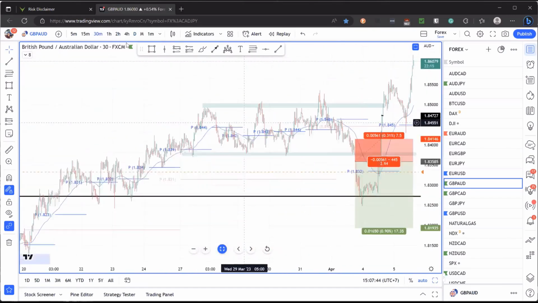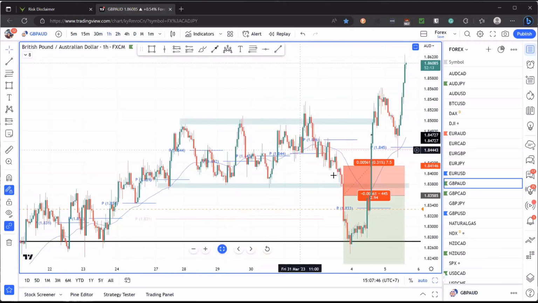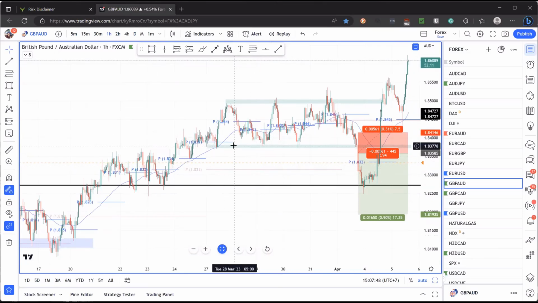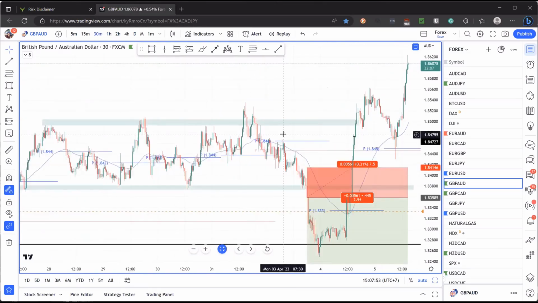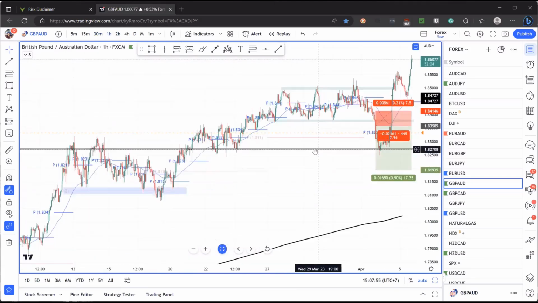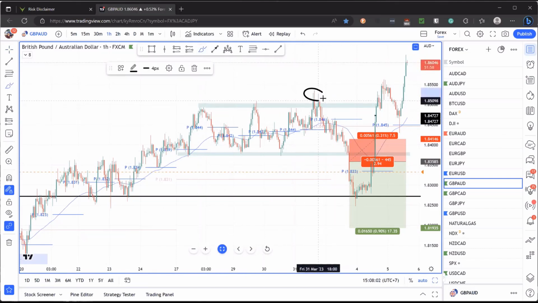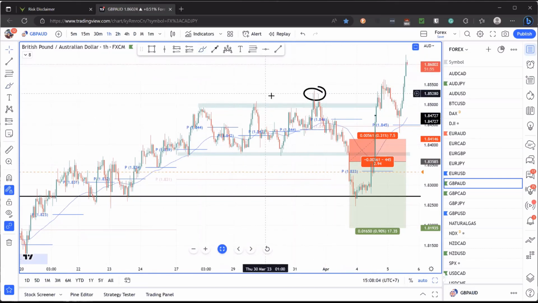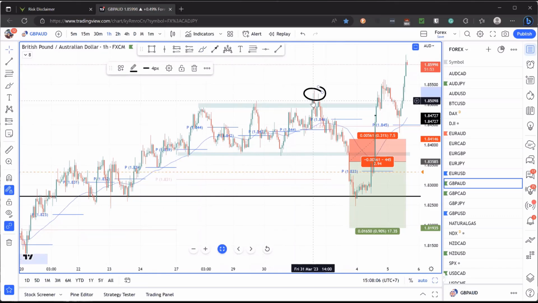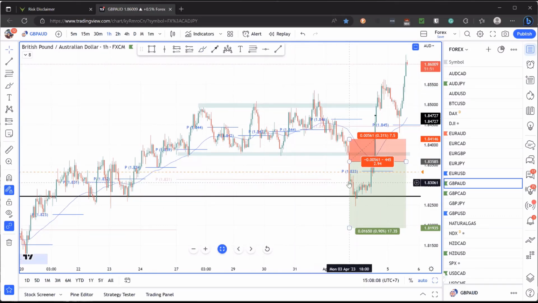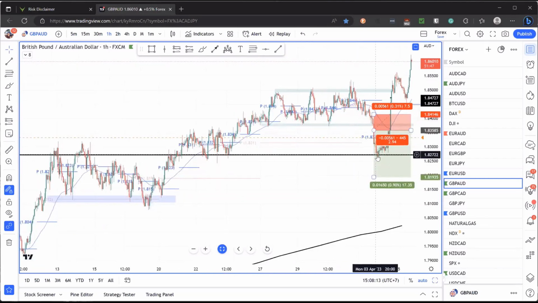We can go to the 1 hour as well, but the entry was on the 30-minute. If I pull it up here, it's a little bit hard to see. So the entry was here on the 30-minute candle. This time I got in on the breakout. We had a really nice, here you can see this is the fake out component, really nice overall setup. I think it was justified to get in. Yeah, with the benefit of hindsight, maybe I would have been better to wait for the market to take out the high,